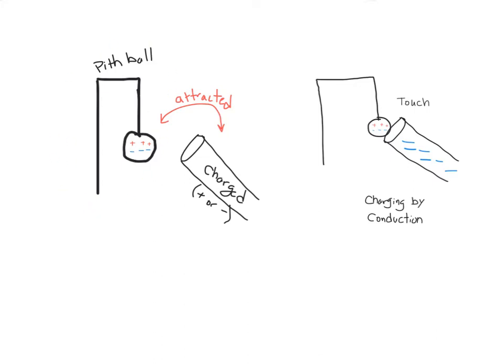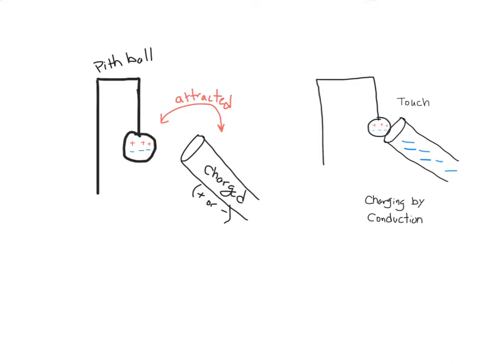A pith ball is basically a lightweight ball on a string attached to a pole. So this pith ball hangs out and it's neutral. I bring over a charged rod or object. It doesn't matter what the charge is. A neutral object and a charged object will be